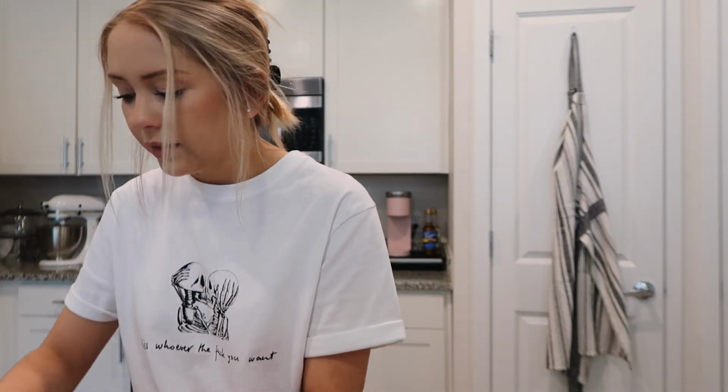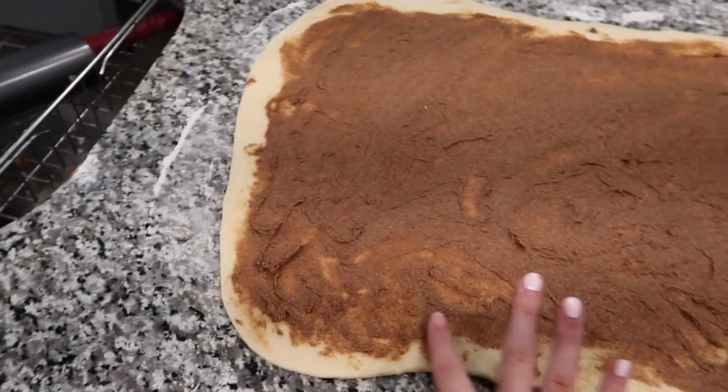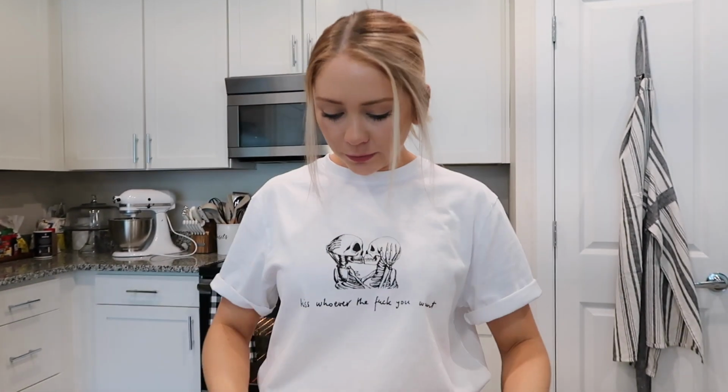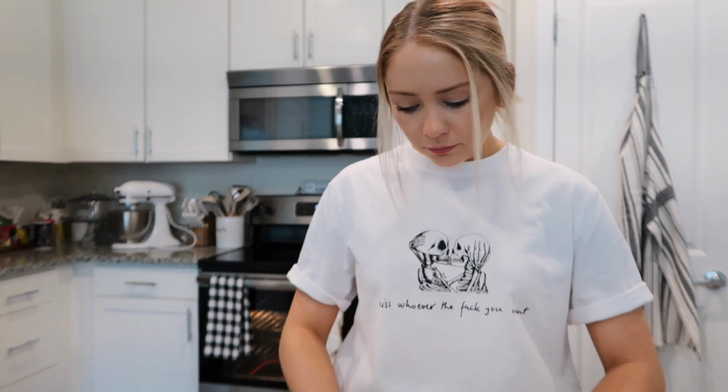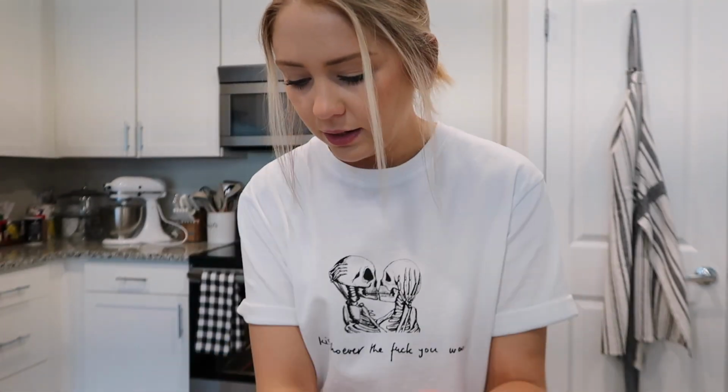Okay, so you want to get your filling as close to the edges as possible. Like, it doesn't have to be right at the edge because you cut the edges off anyway because of their size, and they typically don't get that much filling on them anyway. So you got the filling all the way across it, got some on the edges. So now what you're gonna do is roll it. Roll those buns, baby. Okay, so you're just gonna take it from the edge and just kind of fold it over. Okay. So now that you got that nice and rolled out,